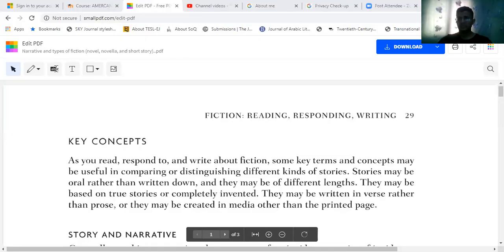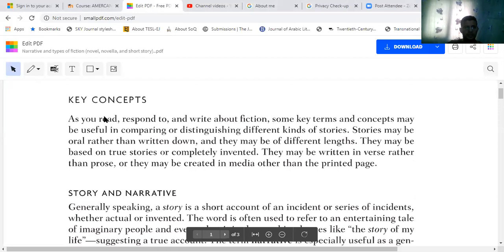Now I'm gonna share a screen here and I will highlight some stuff for you so that you can look closely at what I'm explaining. By the way, the PDF that I put on e-learning was from page 6 to 9 and from page 29 to page 31. I skipped page 6 to 9 because I feel like these pages are about just how to read literature and how you analyze literature. I don't think this is relevant to our course. So I moved to page 29, and here we can discuss